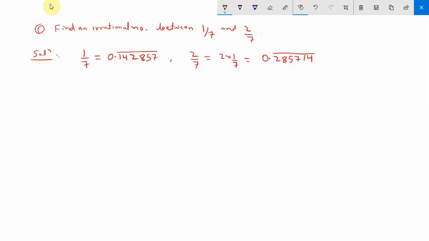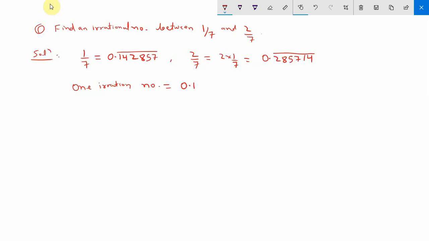Now we have to find an irrational number between 1 by 7 and 2 by 7. As we know, an irrational number will be non-terminating and non-recurring. So can we find any number between these two? As we may notice, we have to find a number between 0.1428 and 0.2857. Of course, we can find infinitely many such numbers. So one irrational number can be taken as